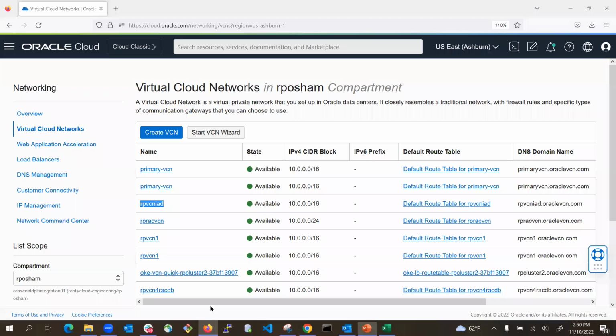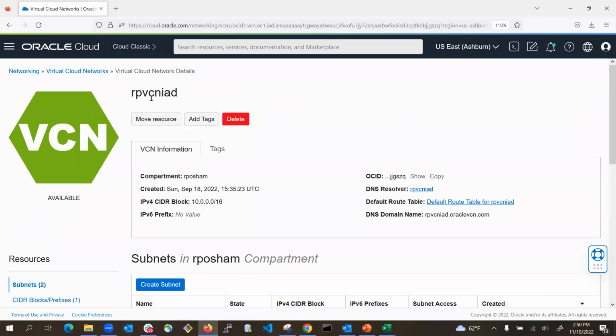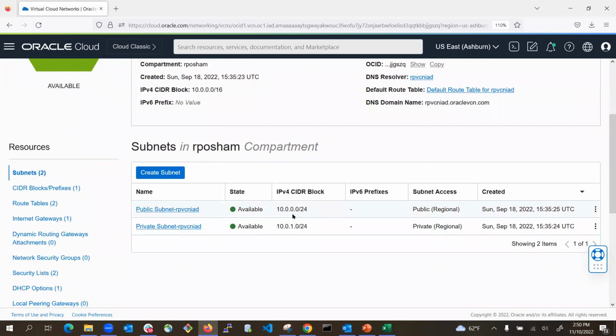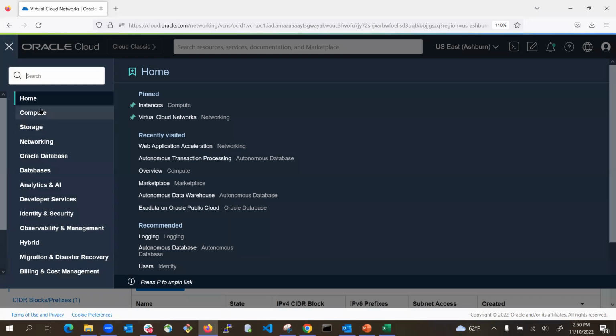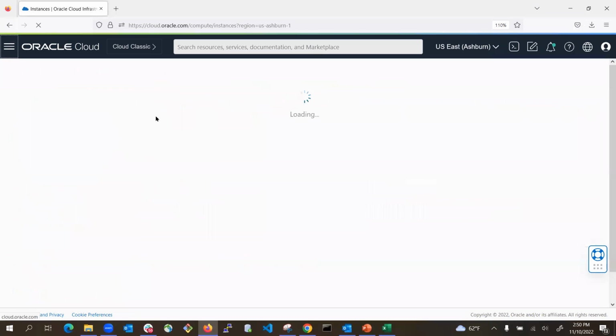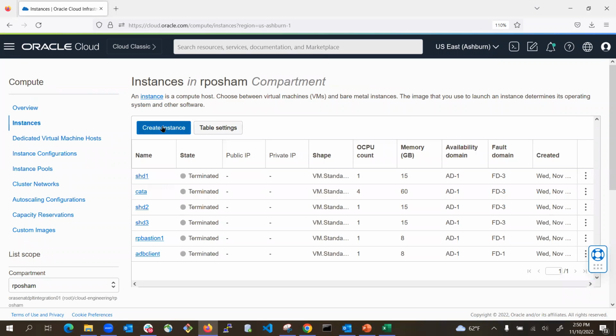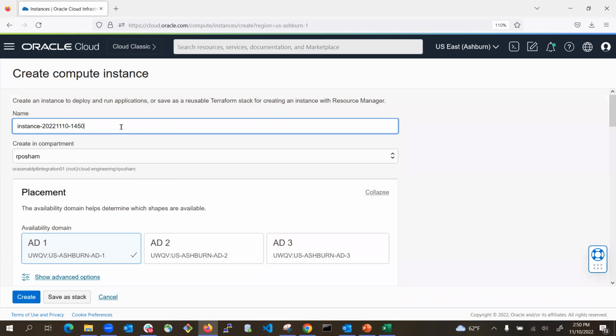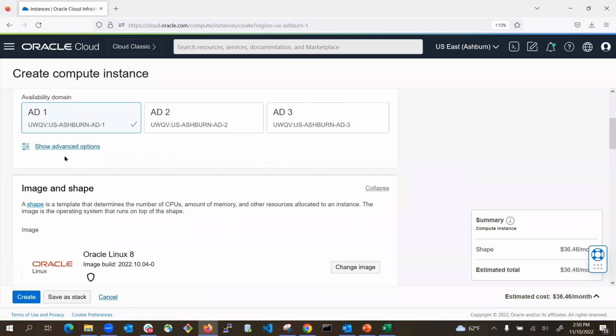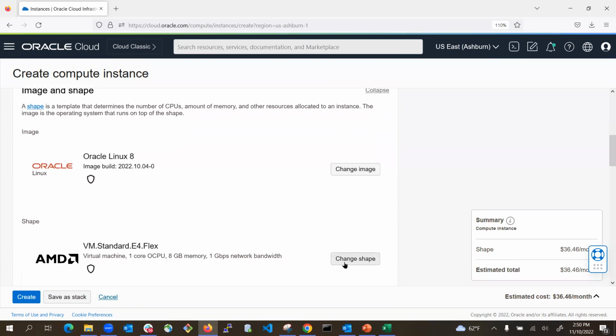So here is my tenancy. This is my VCN, RP VCN IAD, and it has a public subnet and a private subnet. So let's go and create a couple of instances. Compute instance, and create. Let's call it RP bastion 1. RP is my initial. So then what do we do here? Just choose the